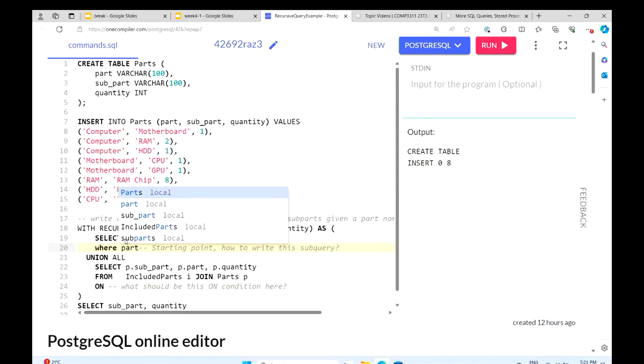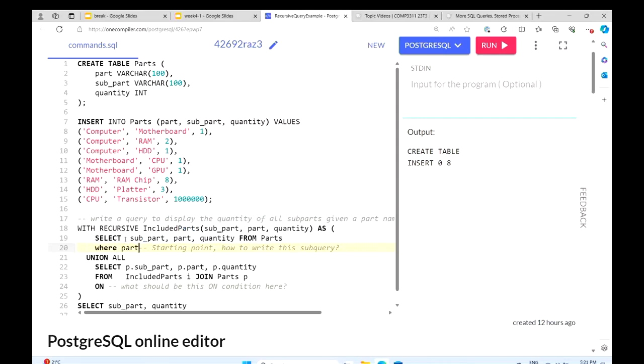We select the direct subparts for computer. This is how we set up the initial state and how we select the initial working table.